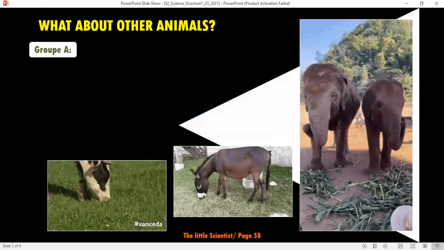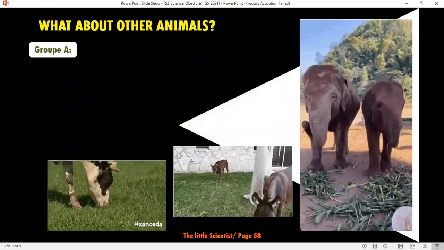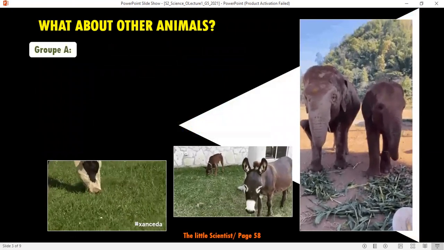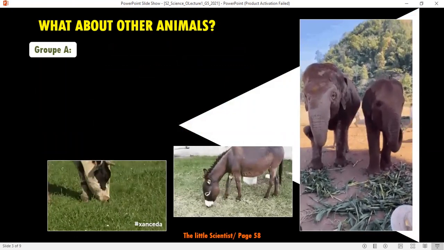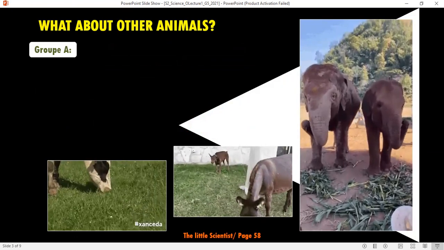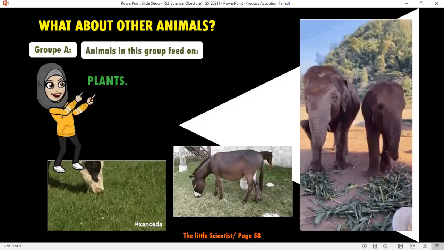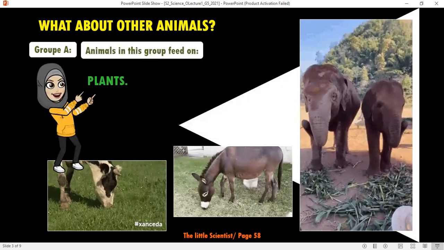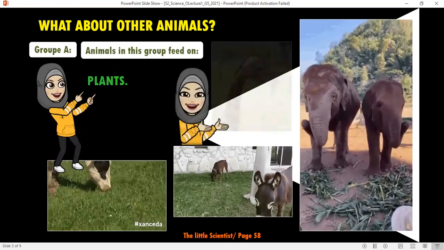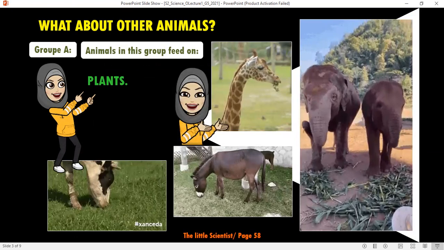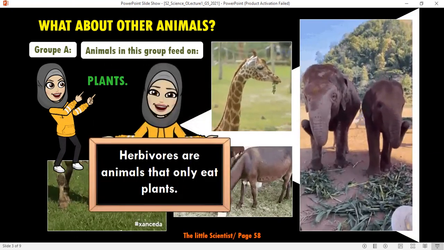Let's talk about groups of animals. I want you to look carefully at these documents. You have the elephants feeding on plants, the donkey and the cow eating grass. This group of animals includes all animals that feed on plants mainly. Okay? We will give a name for this group. The giraffe also is a part of this group. This group of animals is called